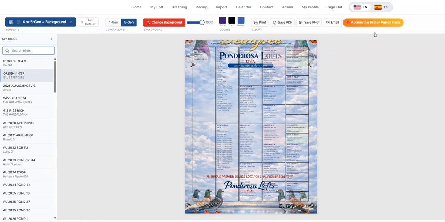And then here's the bonus part. If you want to ever auction this, we have a sister platform, pigeonoasis.com. And if you ever want to auction this bird, you can just hit that button. We'll cover this in another video, but you can just hit that button and it'll automatically transfer all that information about the bird to Pigeon Oasis, and then with just a few more clicks, you enter some of the bidding information, and that's it. Your bird is up there for auction. It's very easy to use. So, anyways,